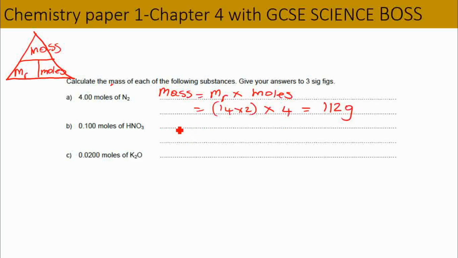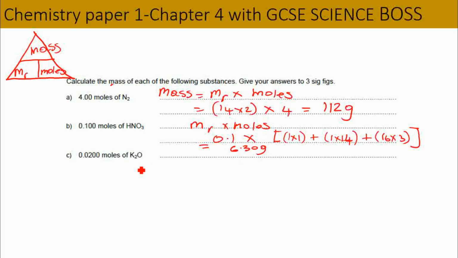Good. Next up, again, we know the formula for finding mass. It is going to be Mr times by moles. So it's going to be 0.1. We're going to times that by, we now need to work out the Mr, so it's going to be 1 times 1 plus 1 times 14, which I'm getting from the periodic table, plus 16 times 3, the 16 I'm getting from the periodic table. Work out all of that in your bracket, and if you did that correctly, you should get an answer of